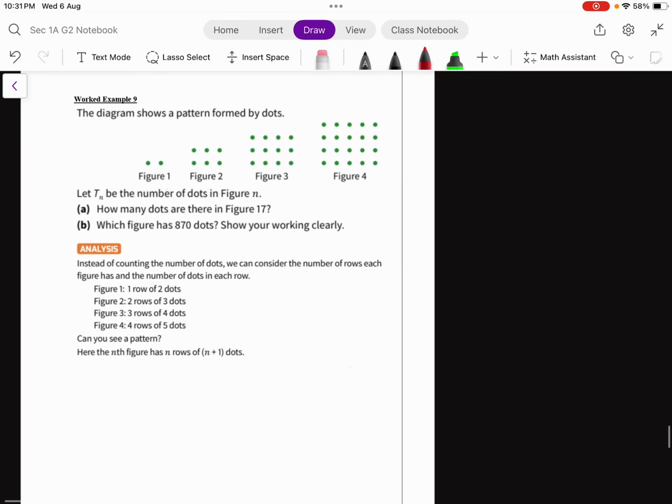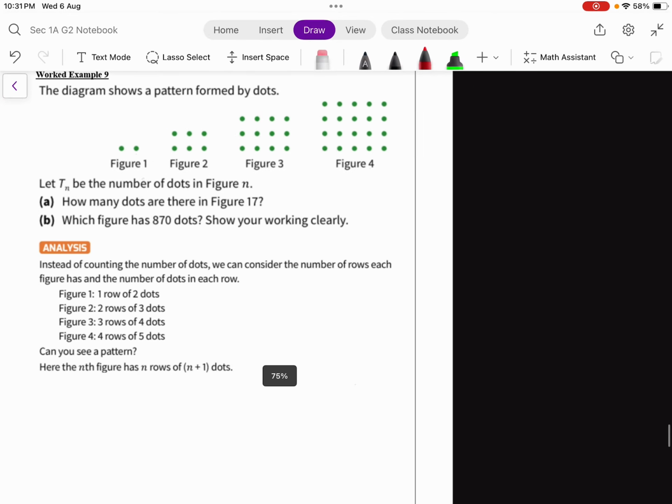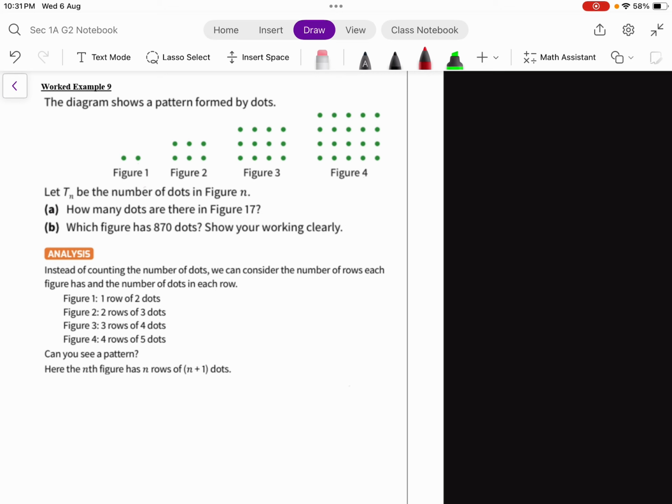Okay, so word example 9 is the only word example where your solving method is different from every other question here. This is not a question where you keep adding the same number over and over again. Okay, so how do we understand this question? So from here,